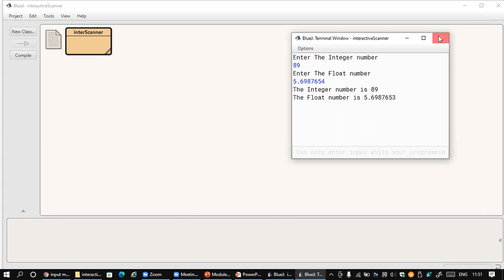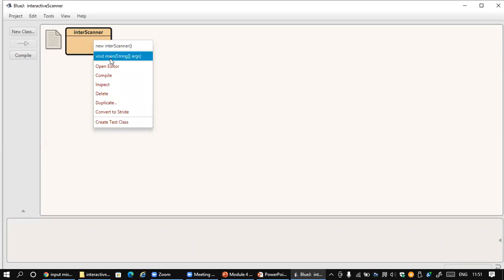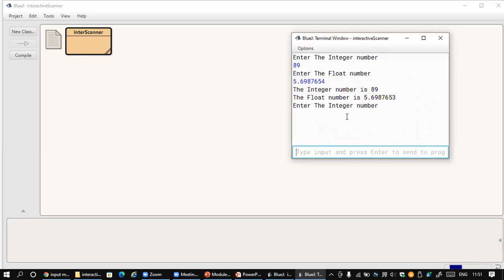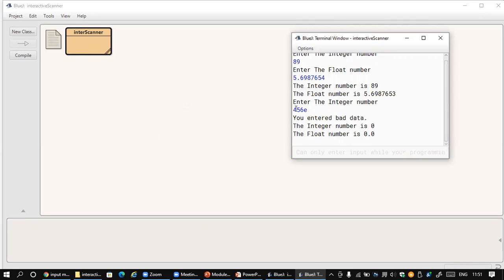5.697653. Yes. By chance, if we give another input instead of the valid expected token, any other input, let's say now it's asking to enter the integer number and I enter some number, 45245, and add one character to it. Now I'm entering. Immediately it recognizes that this is what we call exception handling. It recognizes that we have entered bad data. The try mechanism hits the exception and it is thrown to the catch block. Now the catch block says that you entered bad data.